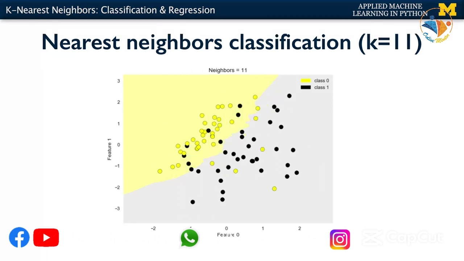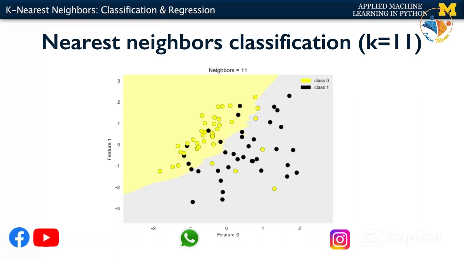And here's what happens when we increase k from 1 to 11. Now the classifier must combine the votes of the 11 nearest points, not just 1. So single training data points no longer have as dramatic an influence on the prediction. The result is a much smoother decision boundary, which represents a model with lower model complexity, where the decision boundary has much less variance. Actually, if we increased k even higher to be the total number of points in the training set, the result would be a single decision region where all predictions would be the most frequent class in